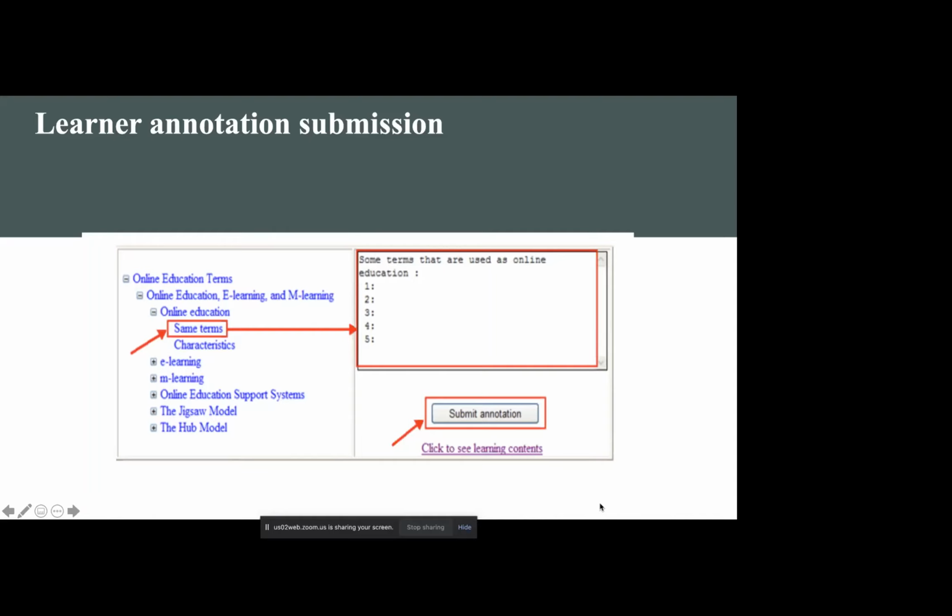And considering the learning autonomy, there are learners L1 to Ln, and there should be reference annotations, considered as R1 to Rn, and each learner and reference has a set of M parts. And the learner is guided by the e-learning system to complete M parts of annotation. This sample annotation has 5 parts, and each part covers a fraction of total knowledge.